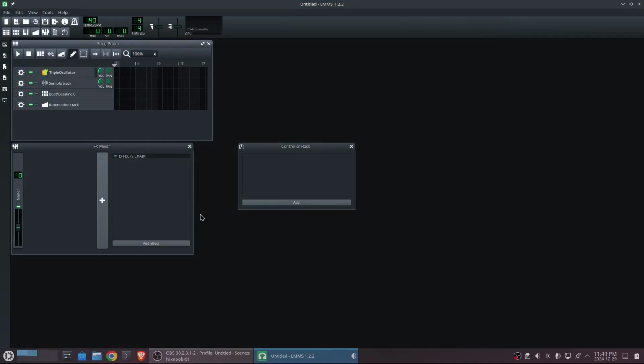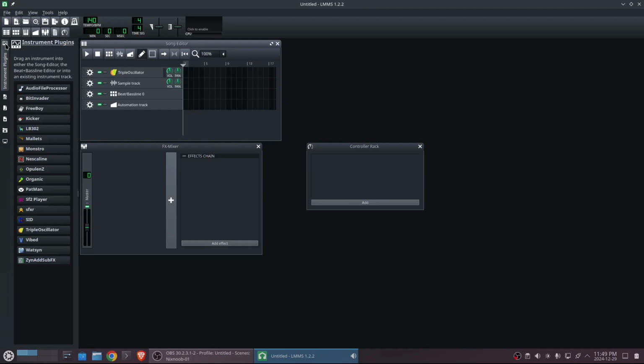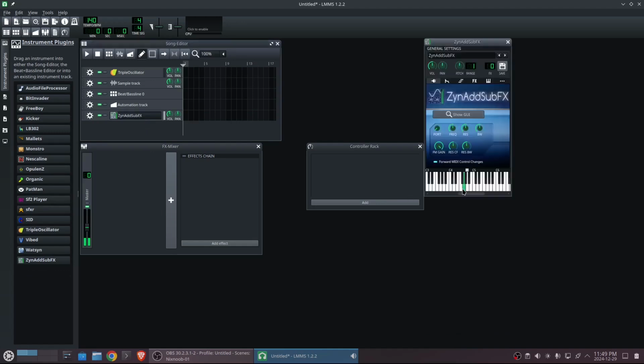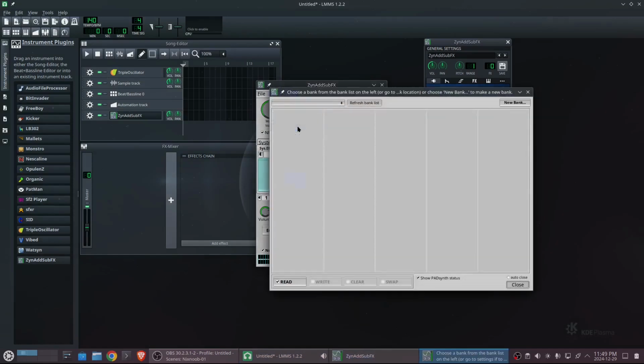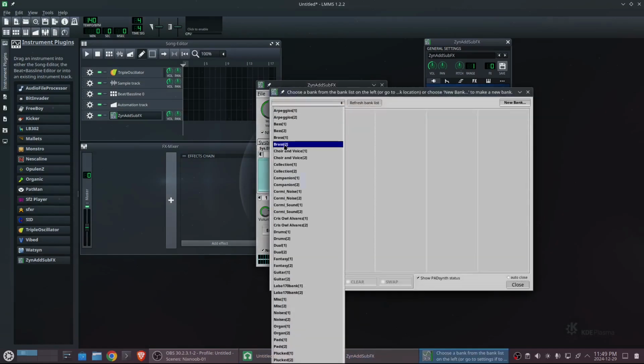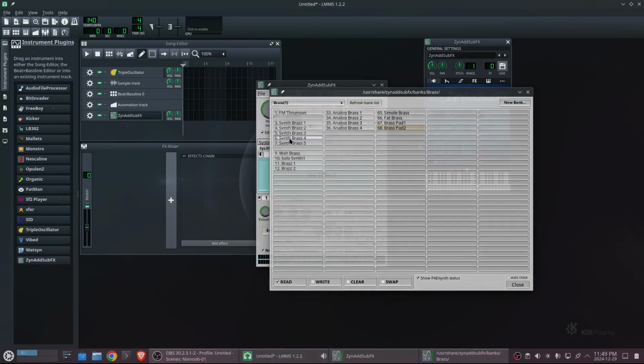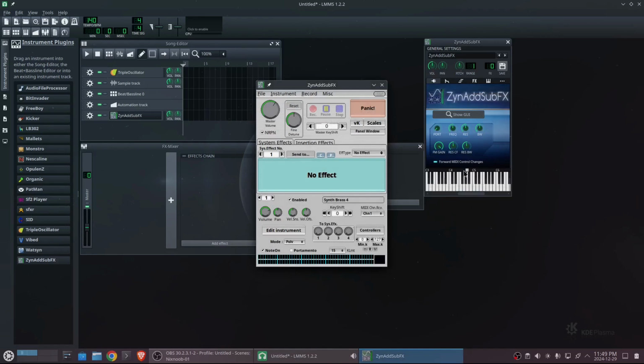There's a lot of stuff to go over here. I'm just going to go over the basics. Starting off, you have over here a bunch of instruments, and we can just take an instrument, drag it over here, and then depending on the instrument, let me turn that up a little bit so you can hear that. Depending on the instrument, you can load the GUI. This instrument, I can go show instrument banks, and then we've got a bunch of different banks. Like brass, we can click on that, and now we've got